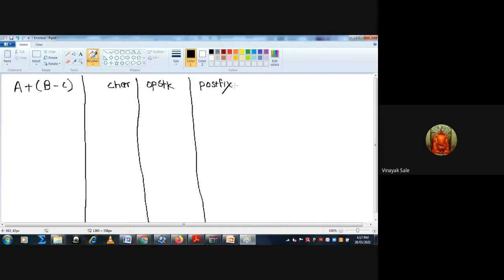Then next, the fourth column is action. See here how many characters there are: first, second, third, fourth, fifth, sixth, and seventh. There are 7 characters.